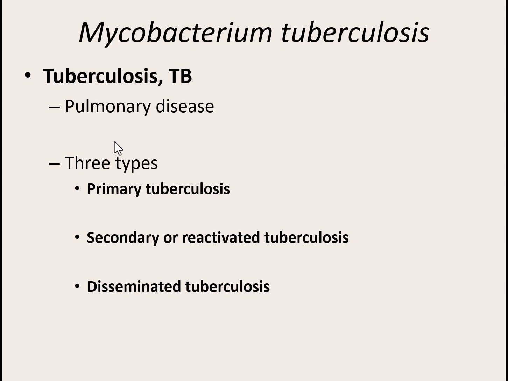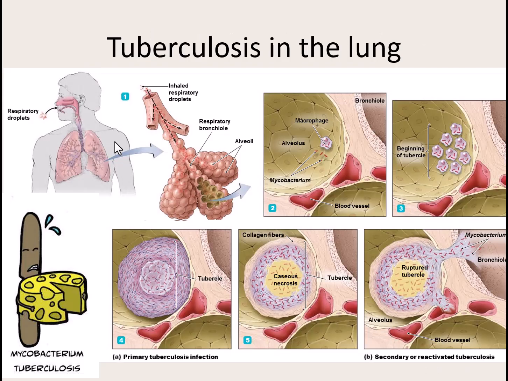I'm going to talk about them as I've got them on a picture on the next slide. So primary tuberculosis: here we have that initial Mycobacterium, which can live inside of white blood cells. As it gets eaten by our macrophages, it doesn't get broken down, so you've got lots of white blood cells doing what they're supposed to do, eating up bacteria. But as they don't get broken down, all these infected white blood cells start to clump together until they form a large mass of infected white blood cells. This big mass is called a tubercle.